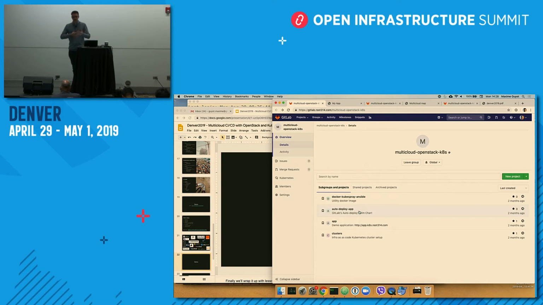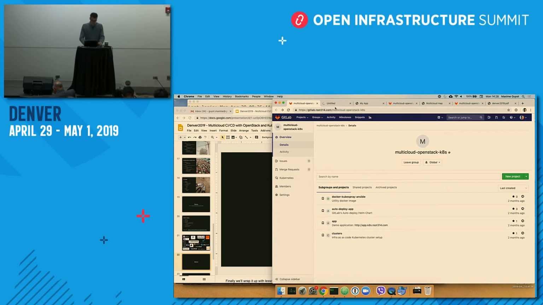A Helm chart is a template for packaging a Kubernetes application, and that Helm chart is a fork of the GitLab-made Helm chart, to make it multi-cloud compatible, because otherwise they assume there is a single data center. Then the application source code, and then there's another repo called clusters that handles the cluster management with infrastructure as code. So if we want to add a new cluster, a new data center, we add a file there, and then the CI will make the magic happen.